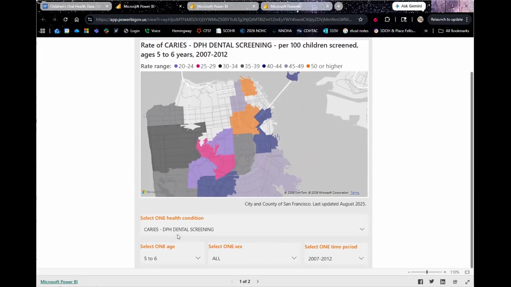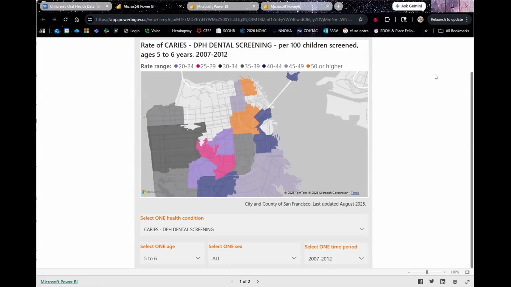So right now you're looking at the dental screenings, just rate of caries, kindergartners in that time period. And you'll see our southeast portion of San Francisco coming in at almost 50%, and then Chinatown coming in at basically 50% of the children identified with caries.